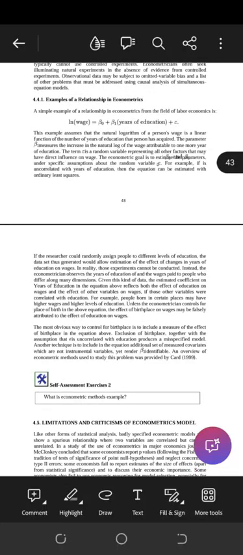But what I'm just trying to say is that years of education, then there should be another independent variable, which